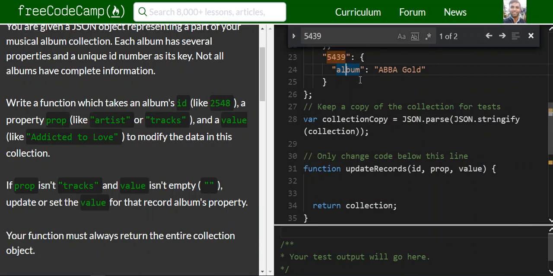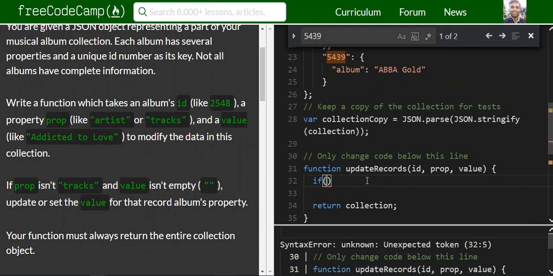So we just have to set the value for the record album. So we're gonna do this. So if prop is not tracks,